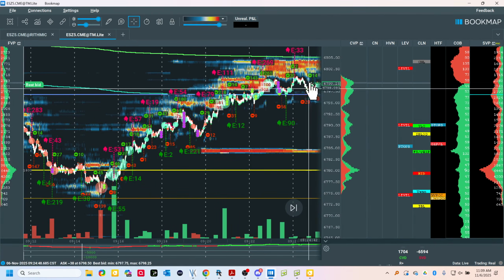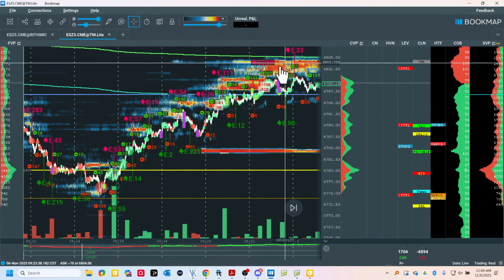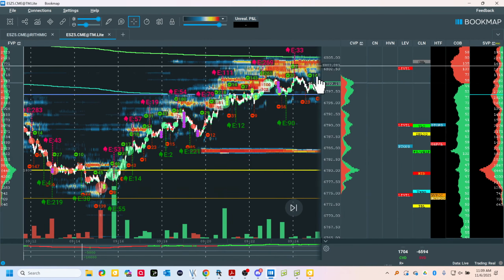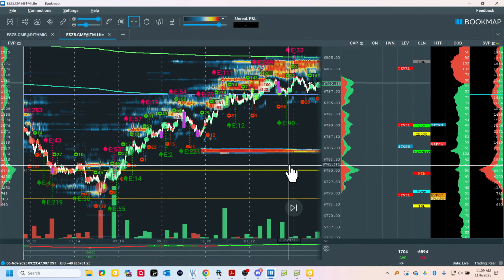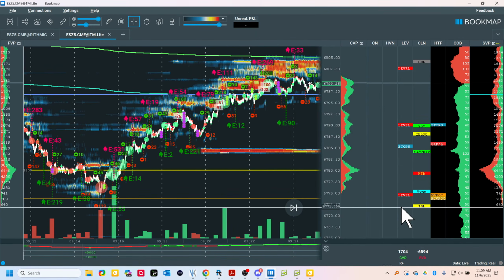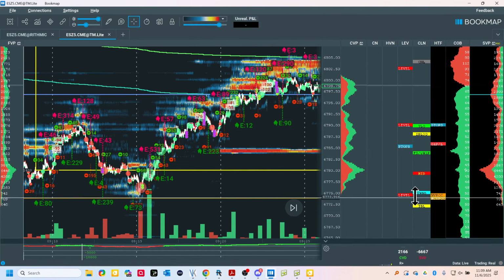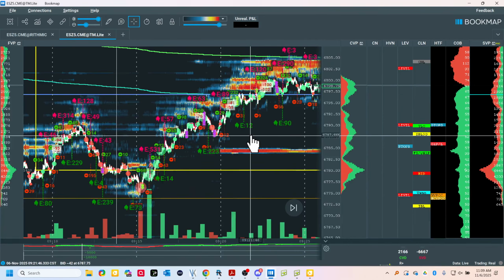So the short from here with this backup and out here, the goal is to come here for a scale, and then this is the high probability, and then I have a target below. I do have to get below this too. Remember, this was my target coming down. All that's in TraderLab.